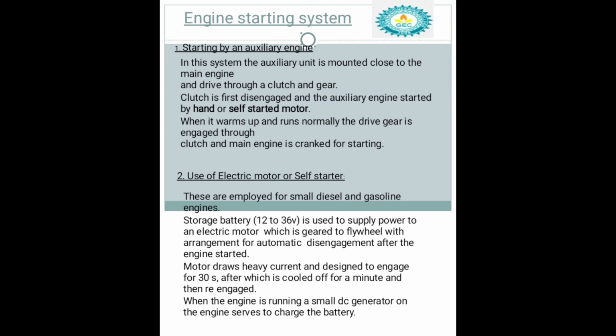In the air starting system, during normal working of the plant, the power from the main shaft is used to drive the compressor, which accumulates air in the accumulator. Once the accumulator indicates the rated pressure, the compressor is automatically disconnected from the power shaft.